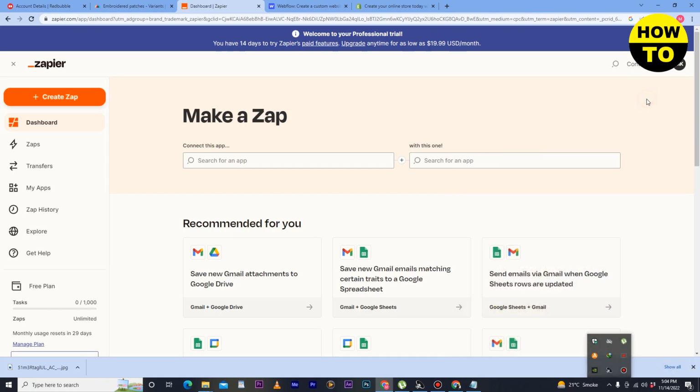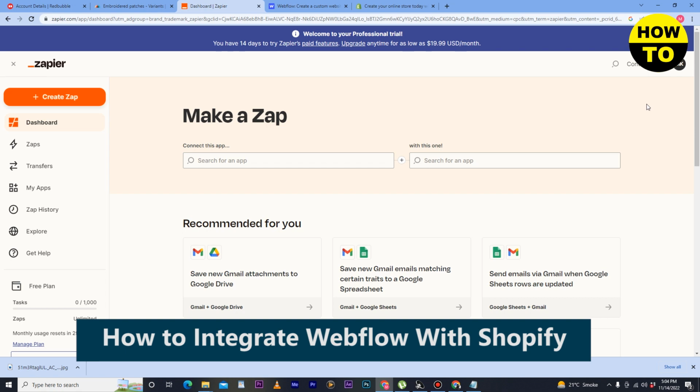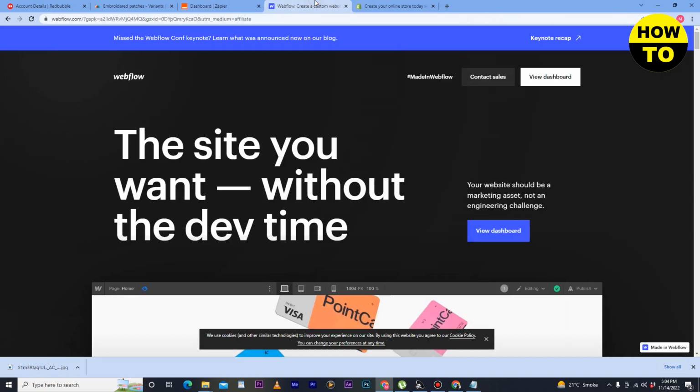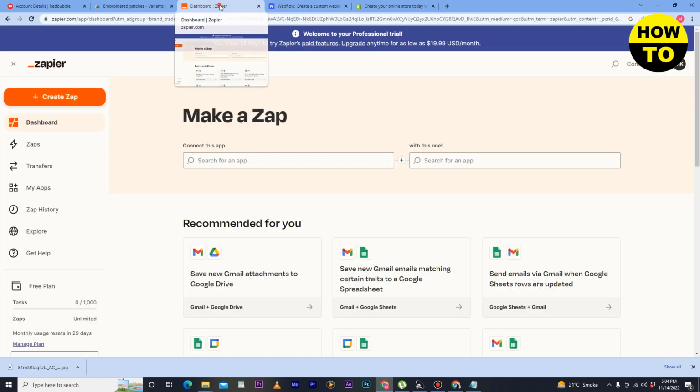So in this video I'm going to show you how to integrate Webflow with Shopify. So in order to do this you have to log into your Shopify account, then you have to also log into your Webflow account. So open this website in the same section and now in the same sequence open the